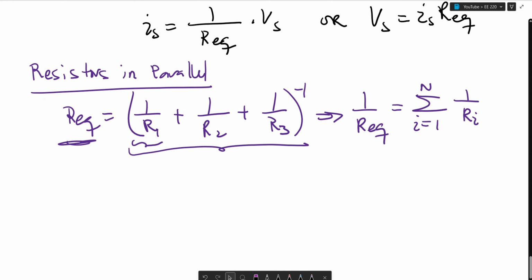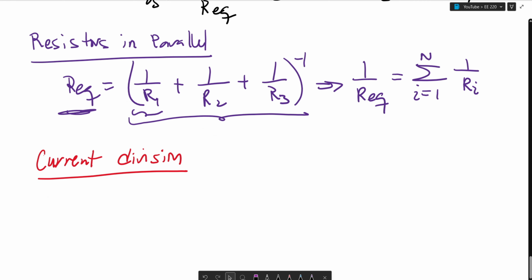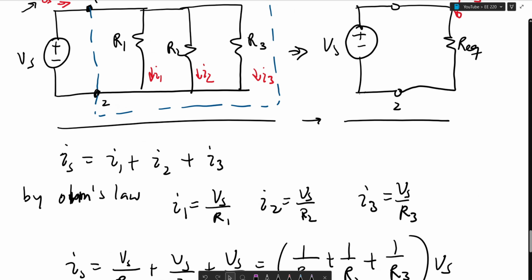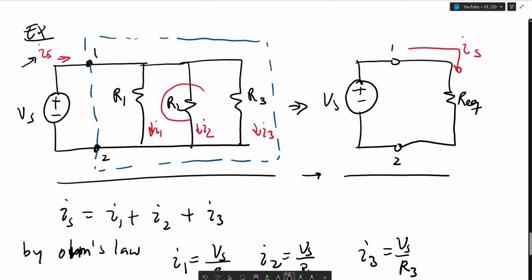Now, we'll introduce current division. Current division is not as important as voltage division, but again, it's nice to see the proof of it, so you're introduced to it at least once. If we ask you to find I2,